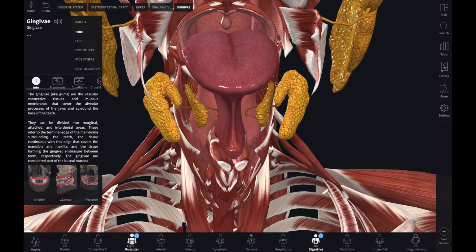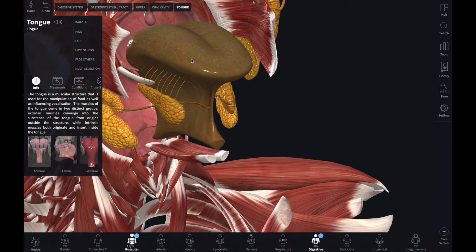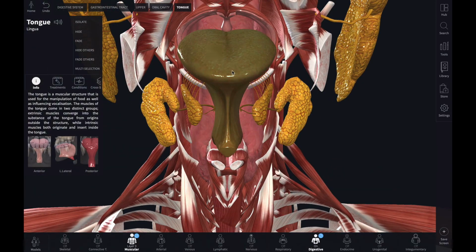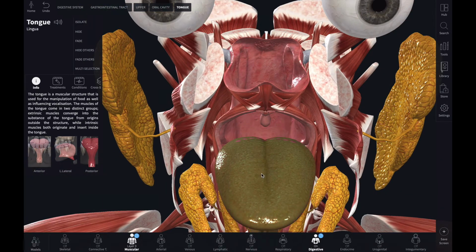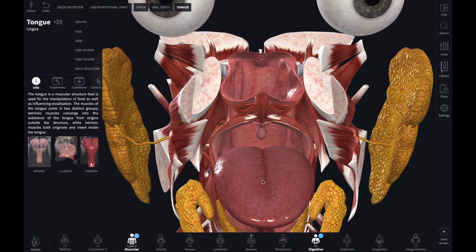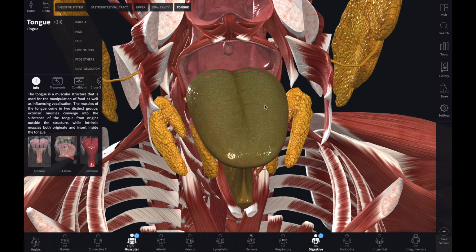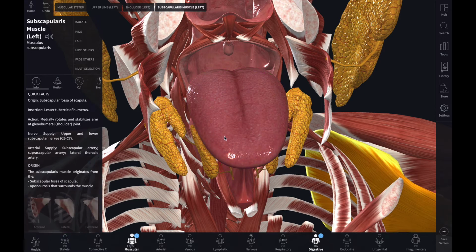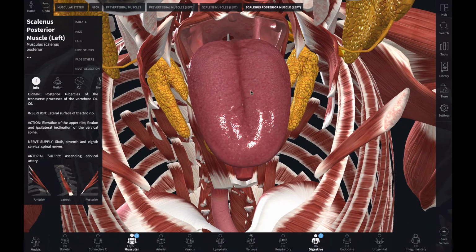Okay, now what you see here is the tongue. This tongue is responsible for taste. It has a lot of taste buds. The tongue muscle is called the hyoglossus muscle, and in the anterior aspect of the tongue you have the filiform and fungiform papillae. You can see there are a lot of small dots on the tongue. That's called the filiform and fungiform papillae, and this is the